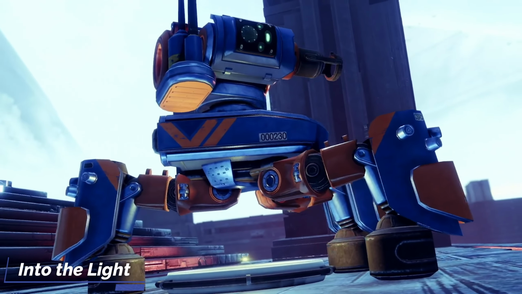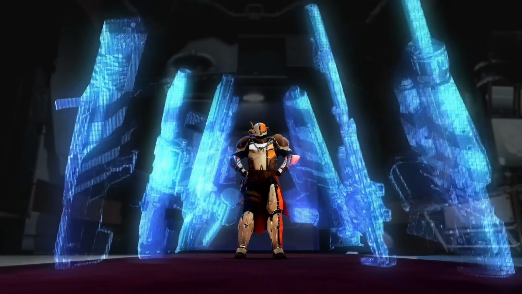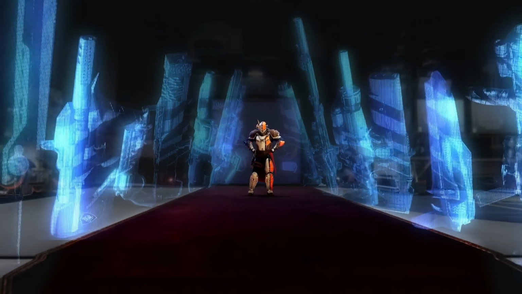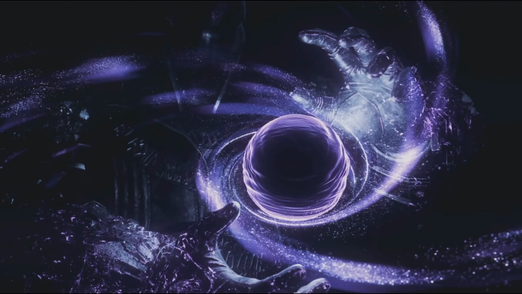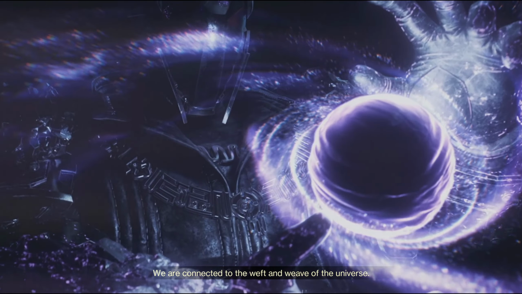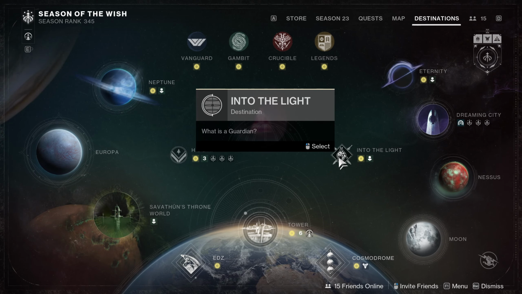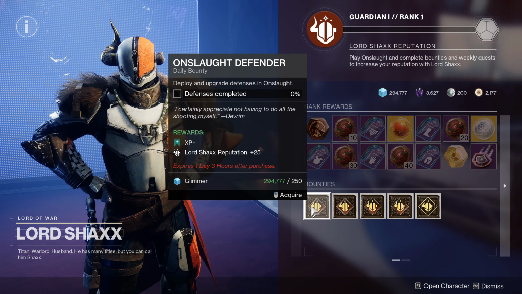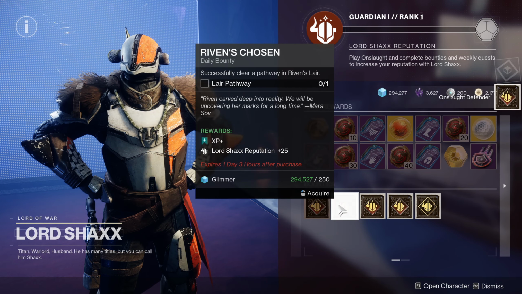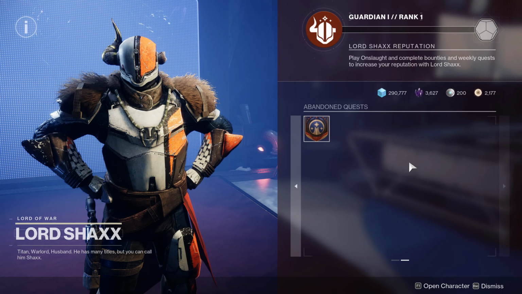With that, let's move on to the big content of the week, the launch of Into the Light, the free update to give players something to do before The Final Shape, as well as a good place to jump into the game. On login, you should automatically view a cutscene and be transported to the Hall of Champions. If not, just select it from the Into the Light node on the director's screen. Here you'll talk to Shaxx to get the Feats of Bravery quest. If he doesn't automatically give it to you, check the second page of his vendor screen in the Abandoned Quests